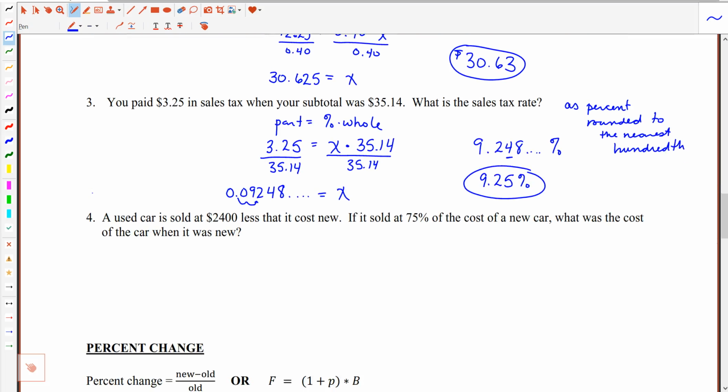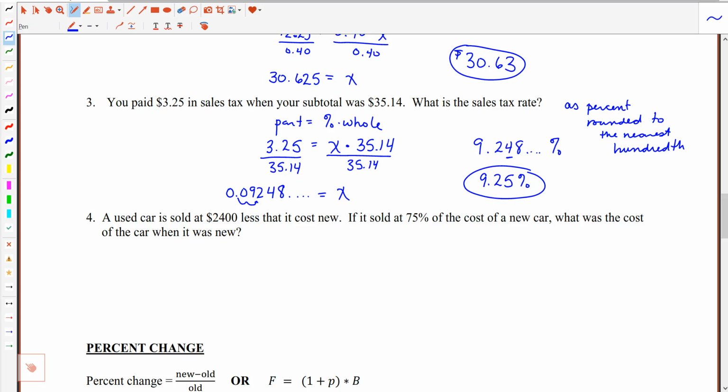All right, one final application of using this percent equation, and this one is going to take a moment to kind of wrap our head around what's going on here. So it says a used car is sold at $2,400 less than it costs new. Now if it's sold at 75% of the cost of a new car, what was the cost of the car when it was new? Now in this problem we could take 2 different approaches depending on the relationships that we're